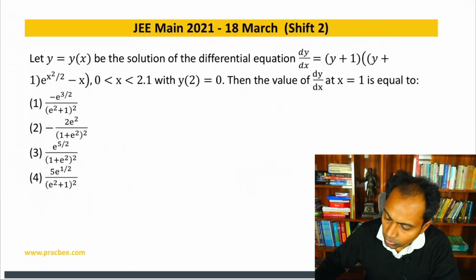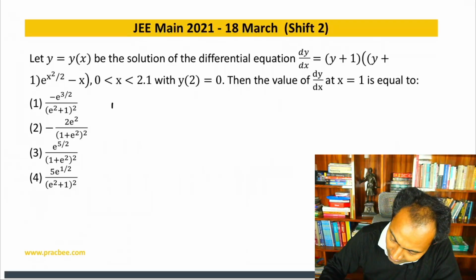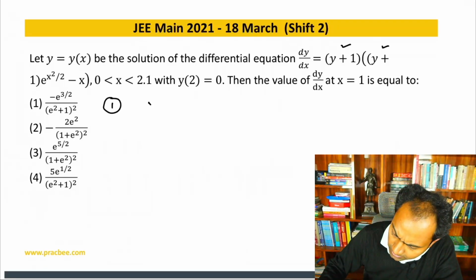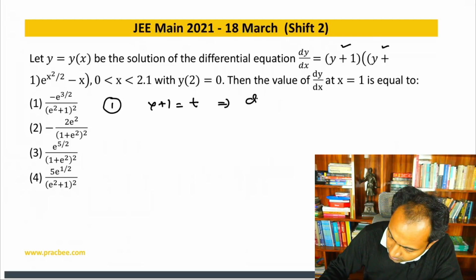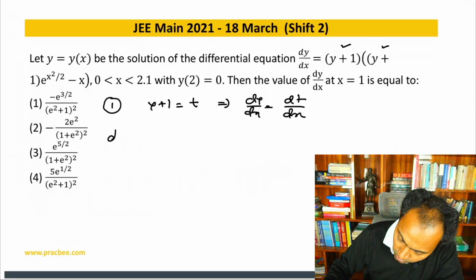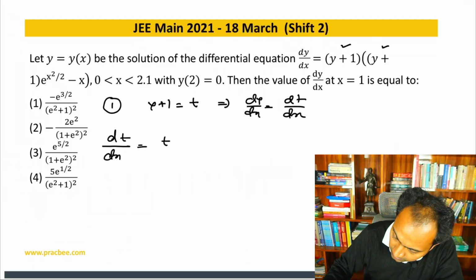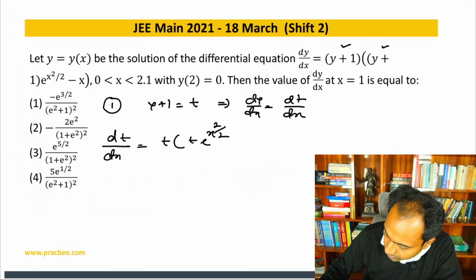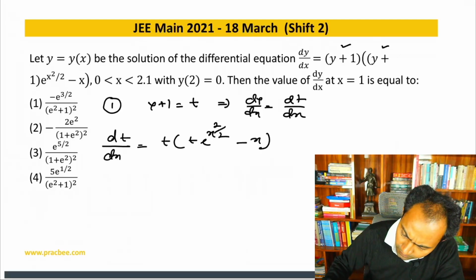Now let us do one more question, the same idea. As you see the question, you might be able to see that there is a y plus 1 written at multiple places. So it is a good strategy to put y plus 1 as nothing but t. So if I differentiate, dy by dx will be equal to dt by dx. And if I do so, my question then starts looking like this: dt by dx is nothing but t into t e raised to the power x square by 2 minus x. And now if you just open this bracket,